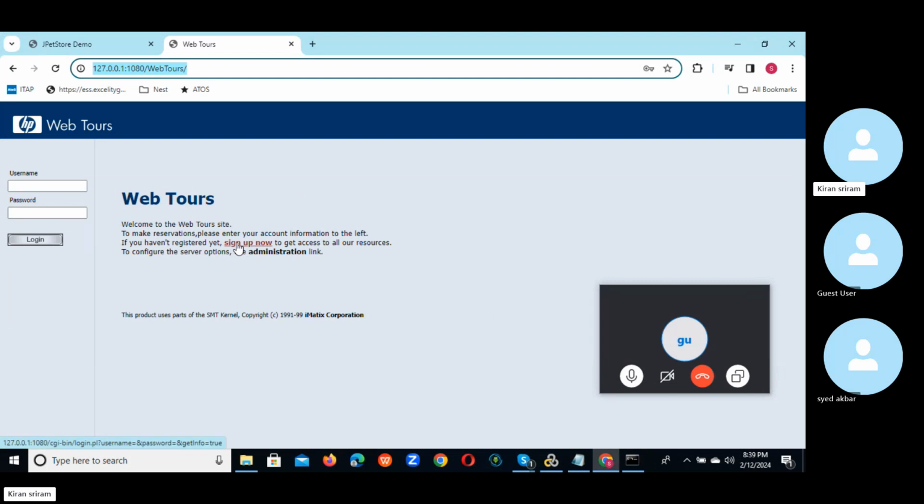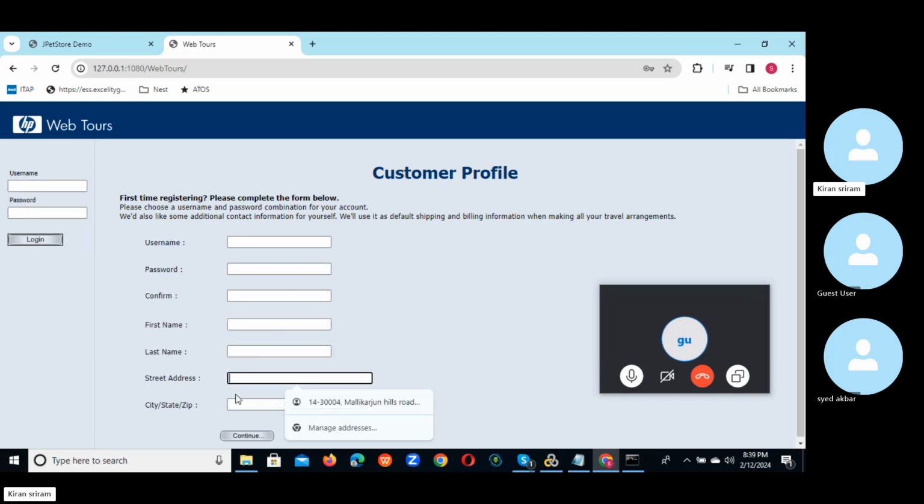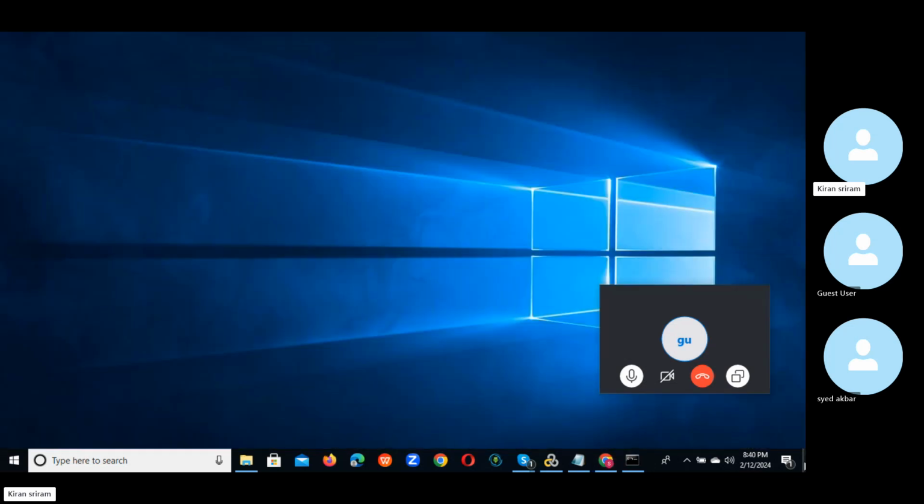Okay, if you click here, you are doing this, right? So all these values you need to correlate, like username, password, first name, last name, street address, and city and state. You can give anything. And now you can prepare the data. How can you prepare the data? Okay,